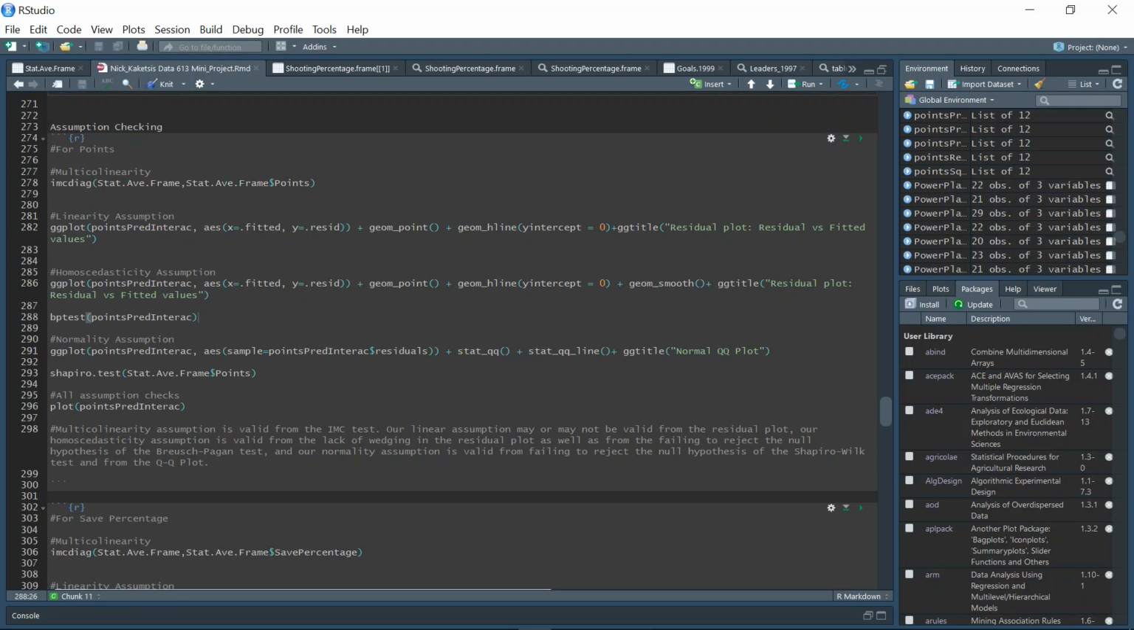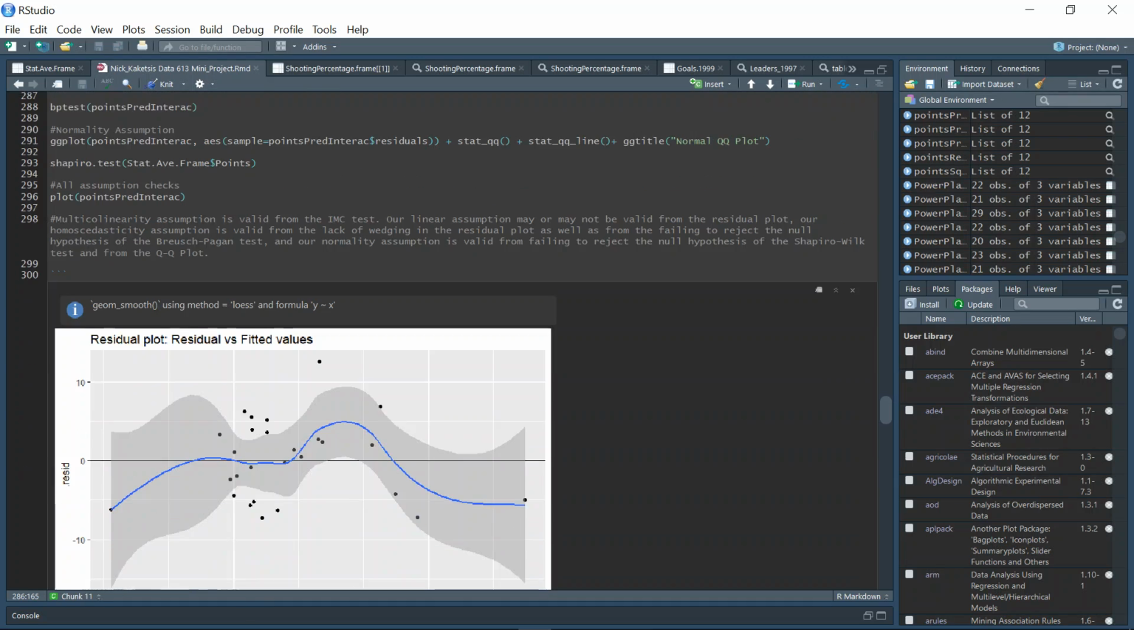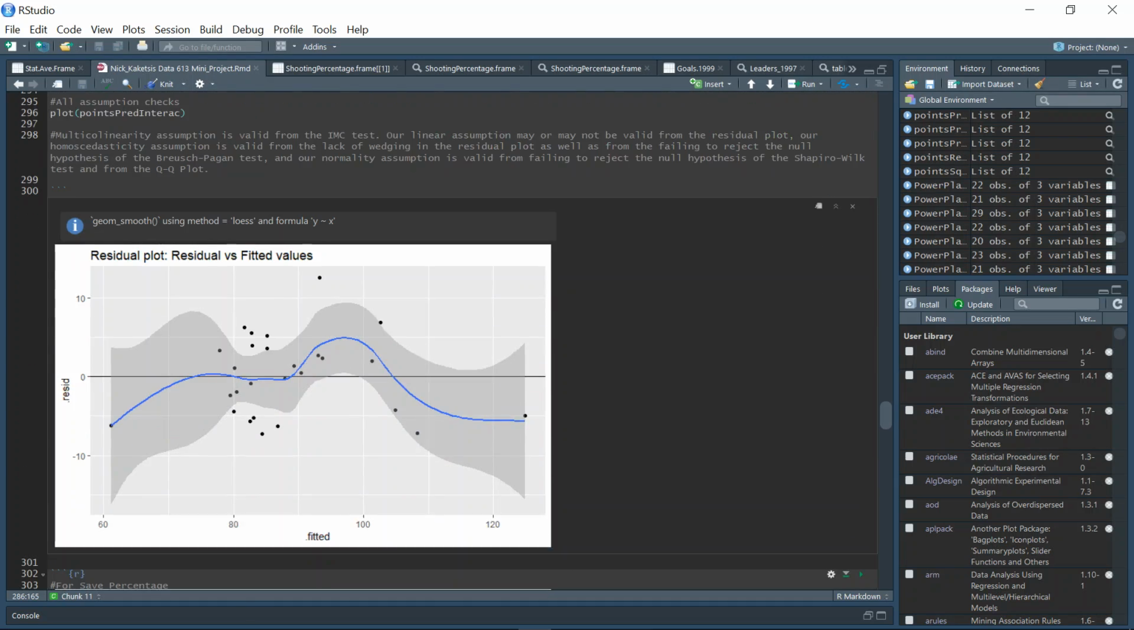So now we need to check our homoscedasticity. Homoscedasticity is essentially equivalence of variance between all our terms in our interaction model. If I run this, we'll see the residual plot is reasonably randomly distributed. Though there is kind of a fit curve there, there's no wedging or